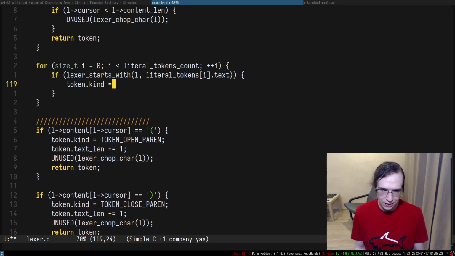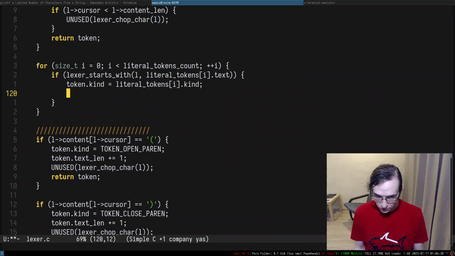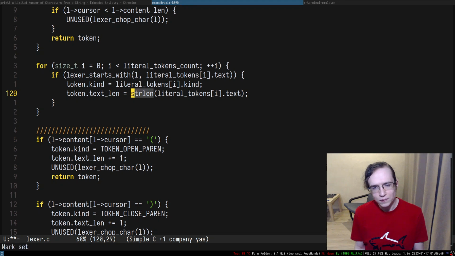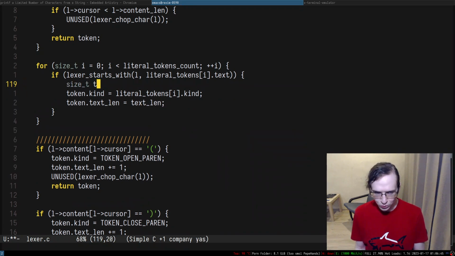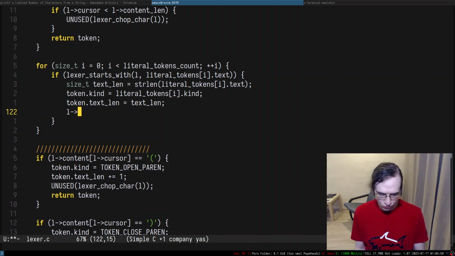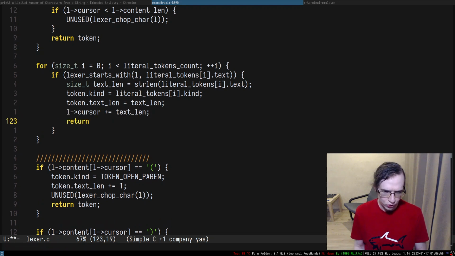We have to set the token kind to the literal token that we found, then increment the text length to the length of the text of that token, right? strlen. Might as well save this to the text length, because we're going to be reusing it at least 2 times, since we also need to increment the cursor by that. And then we should just return